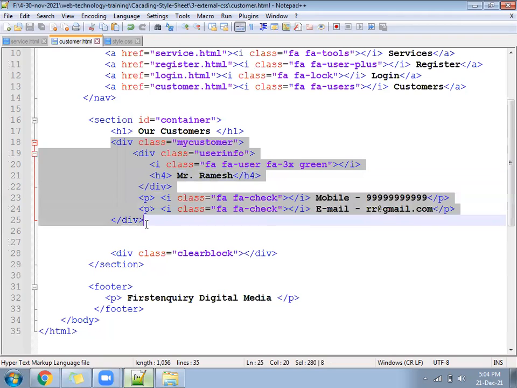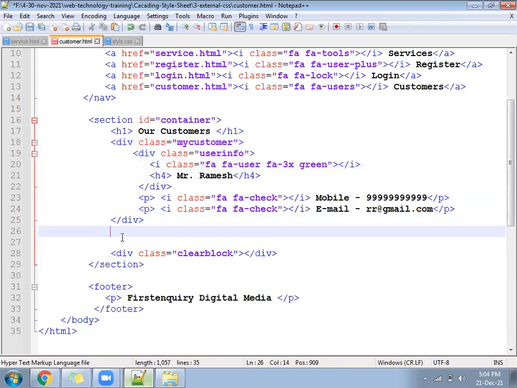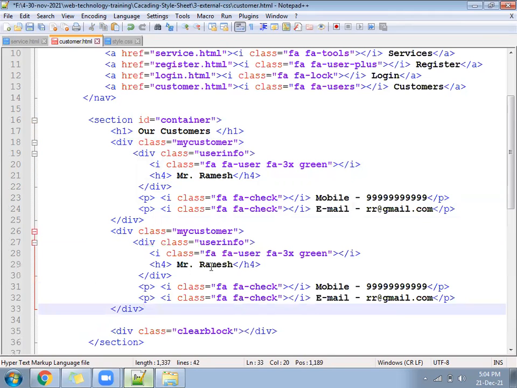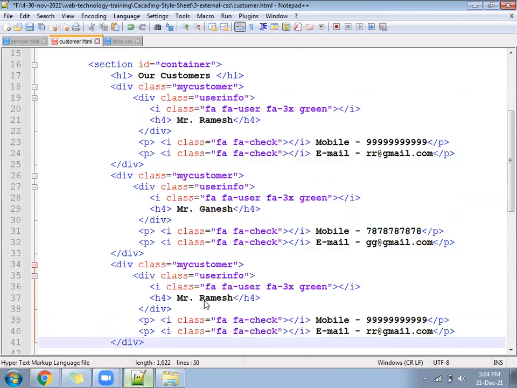Copy the same customer, the clear block should be there in the last, and one more customer you can keep here. Ganesh. Three customers.